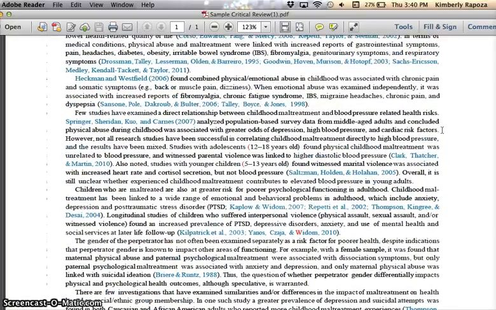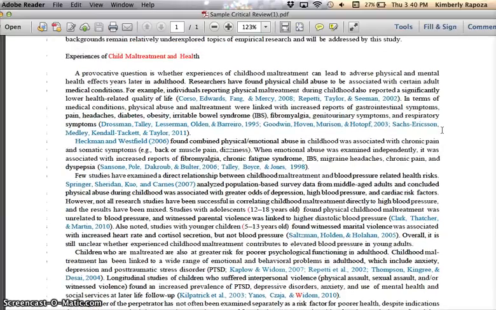Better than looking at it here while I'm scrolling, pause the lecture now and take a couple of minutes to actually read through this so you can see what's going on. So pause now, take a minute, go read it on your own at your own pace, and then come back and we're going to discuss a little bit of what we mean by writing thematically.